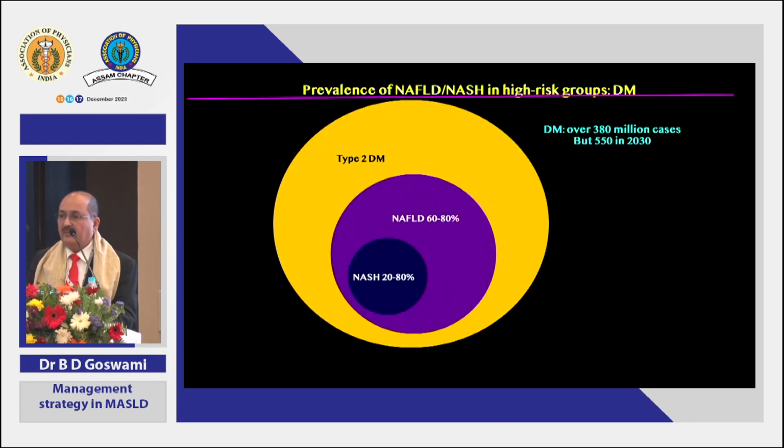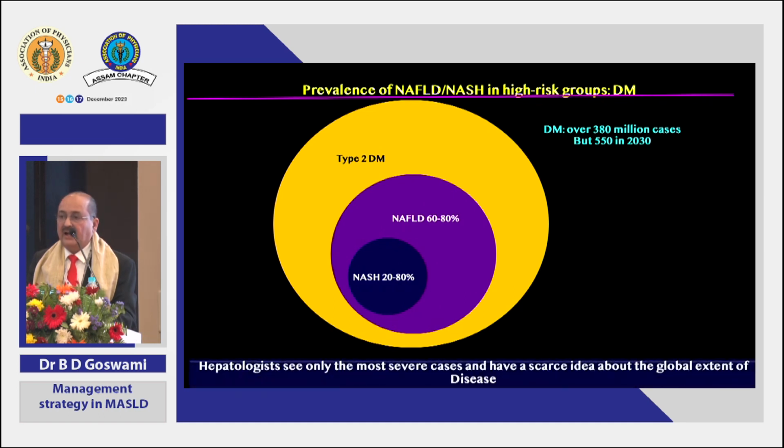Then we have diabetes mellitus today in the world, almost 380 million people. And if you see from this picture, if they have diabetes, almost 60 to 80% goes to NASH, 20 to 80% goes to NASH. NAFLD, then it is NASH. That is the way it goes on. And the problem here is again, the hepatologist or the gastroenterologist, they see a particular number of the patients, not the